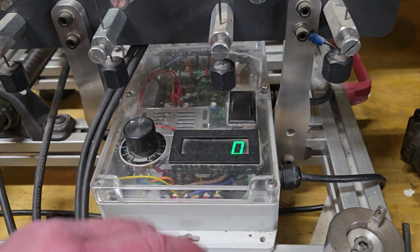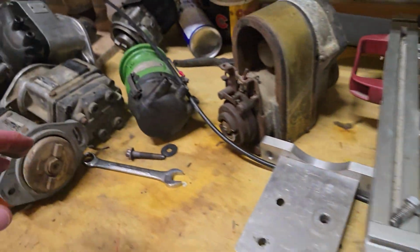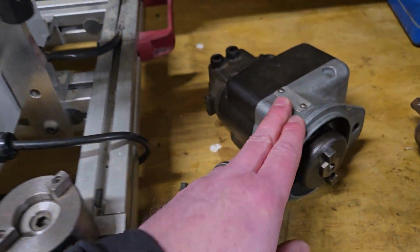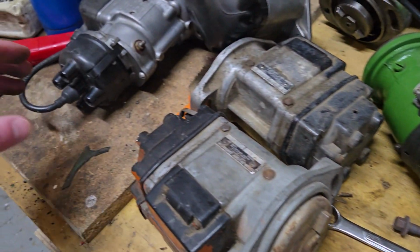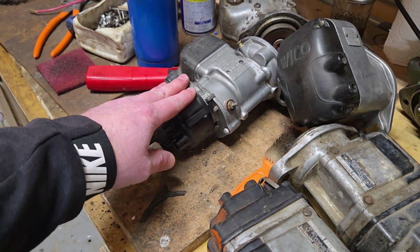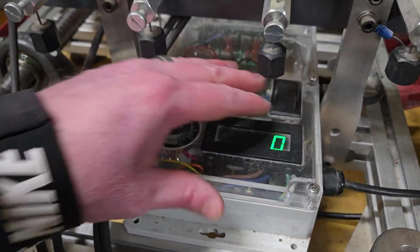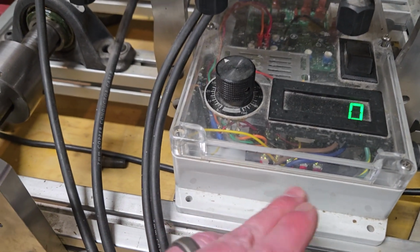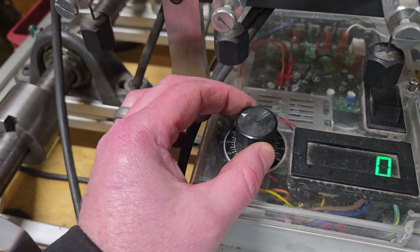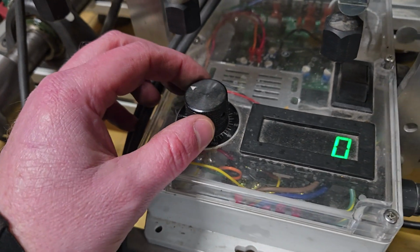clockwise or counterclockwise. Just because if you have a counterclockwise magneto like a John Deere magneto right here, and then you want to test a clockwise rotating magneto like an Allis Chalmers or an Oliver or an International, then rather than having just a really easy double throw toggle switch, I do have to go in here and change these two wires from the positive and negatives, and that just switches the direction that the DC motor spins. The speed of it is controlled really easily with this potentiometer, and so if I turn it